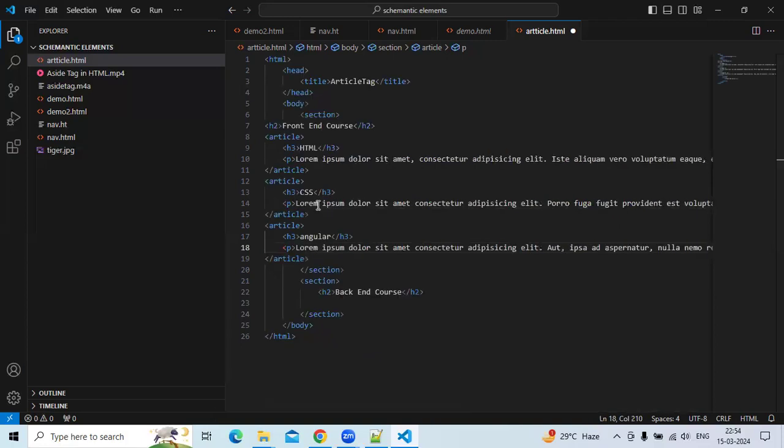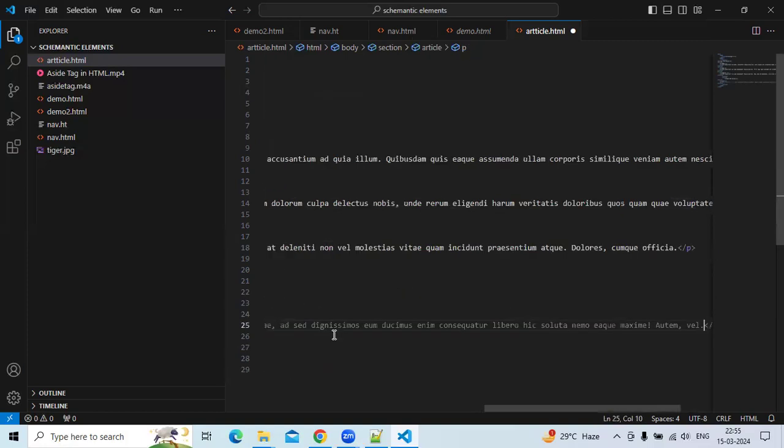Now you can write for back end courses also. So for that I am taking an article here in the second section. The first one is Java. Now a paragraph, lorem ipsum.